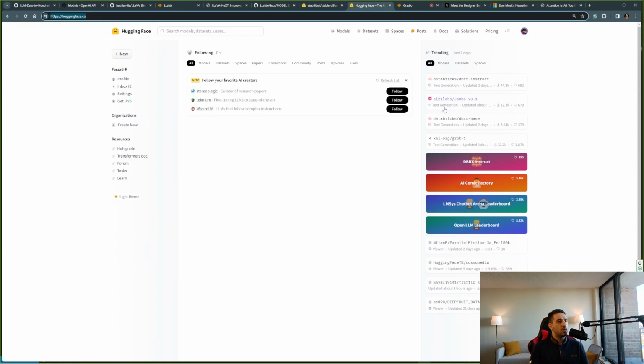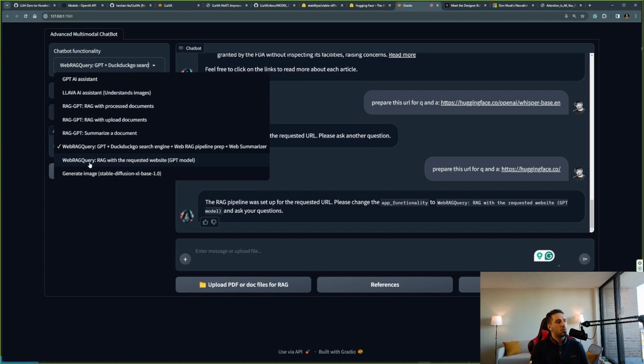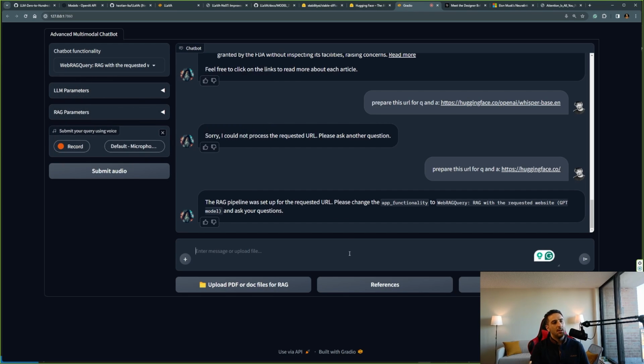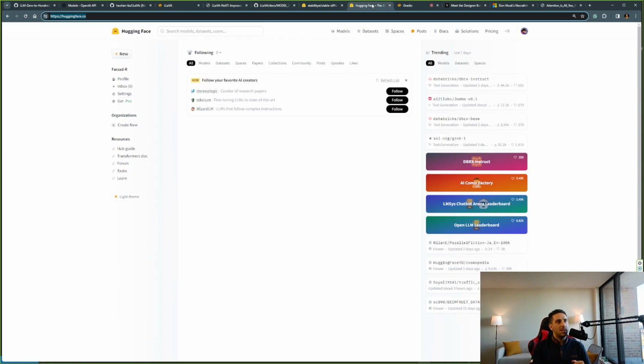If I go into this website that we prepared, there is not much in it, but let's ask a question. I would switch to RAG with the requested website. GPT, what is the website about? The website Hugging Face is a platform where the machine learning community collaborates on models, datasets, and applications. As you can see, it correctly pointed to the right vector database and gave us the result. I don't see much happening on this website except follow your. So let's ask,